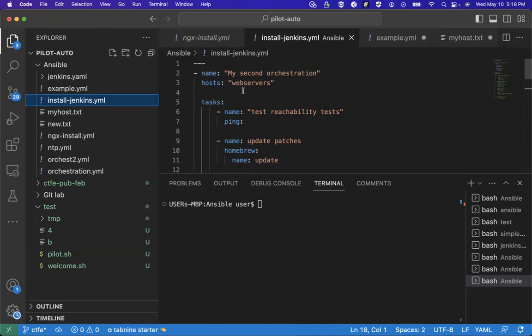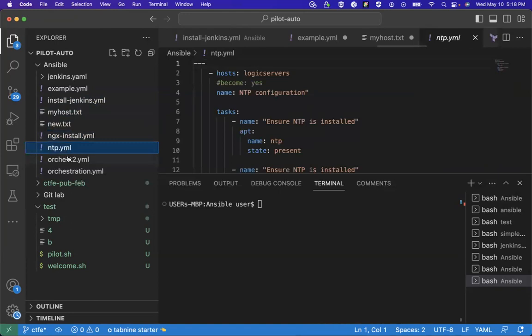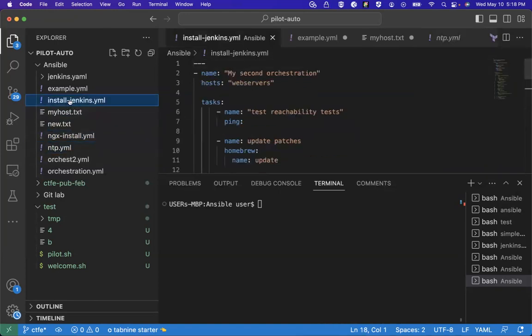You can have more. You can have assume role, if you want to add this role to it. If I want to use become, that become is actually, I want my playbook to take the root user permission.